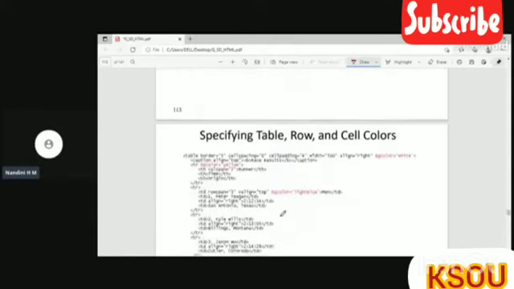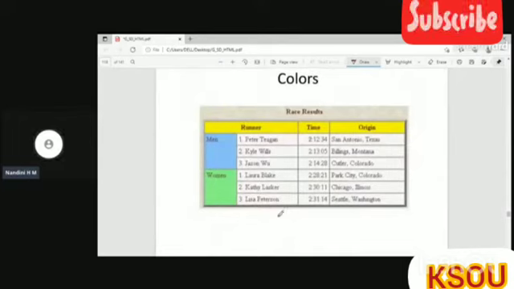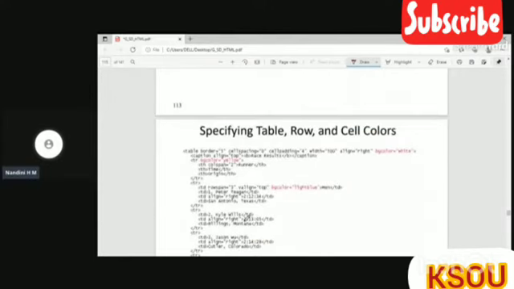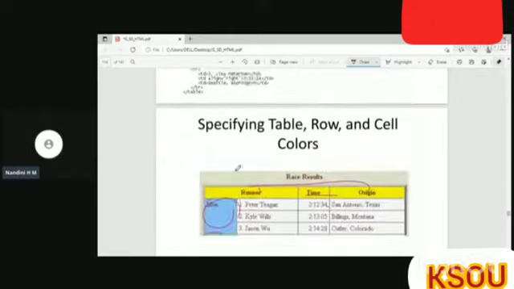It depends. Here you can see I have given yellow color to the first row, and then I have given blue color to this particular merged cell and green color to this particular cell. So using bgcolor, we can give the background color to either the entire table, a cell, or a row.